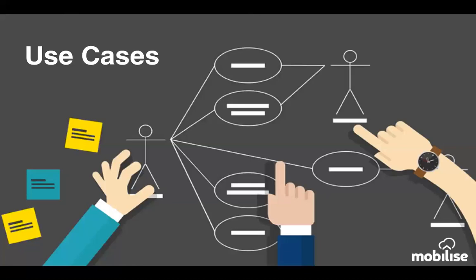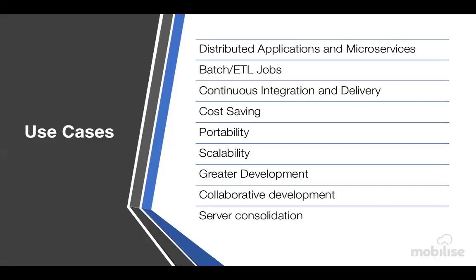But it's great to see all of these benefits on paper. What does that actually mean in the real world? So let's have a look at how we see people using them. We've got a list here of some use cases. From the top, we've got distributed applications and microservices. Something we've already touched on: breaking down large applications into smaller decoupled microservices to facilitate easier repeatability, support, maintenance, and coding practices. Batch ETL jobs,